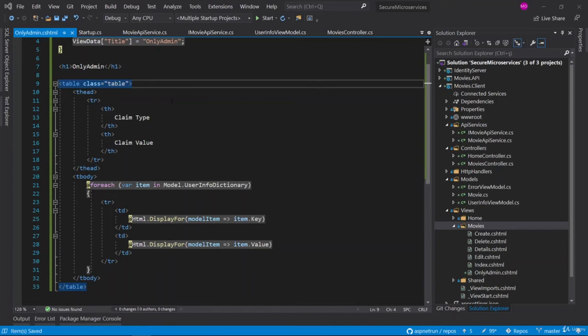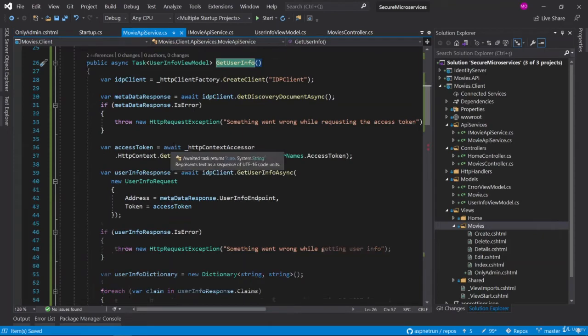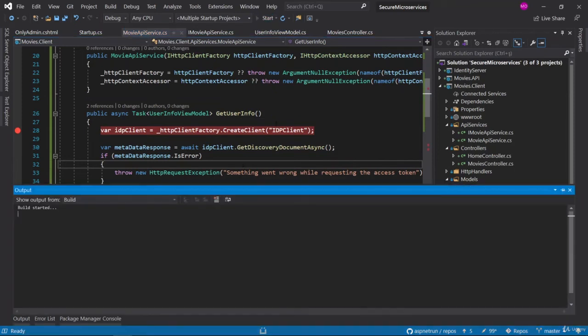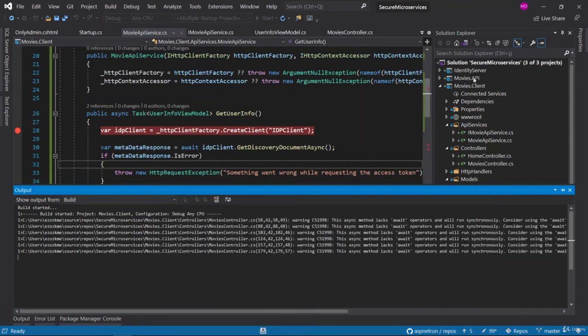Finally we can run our application. For running the whole application, let me put the breakpoint here, and I would like to debug our actual operation, get user info, and see what happens. Of course we are running the whole application, all the applications should be up and running.